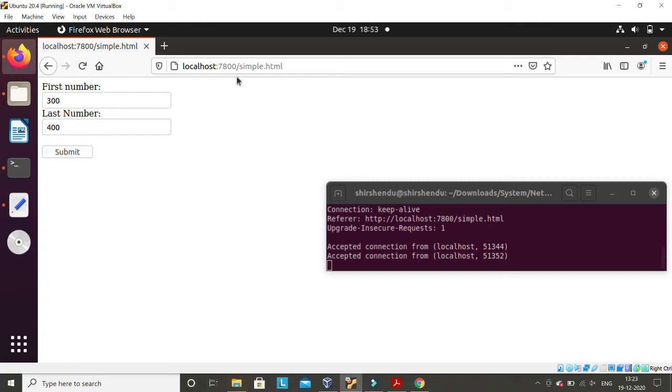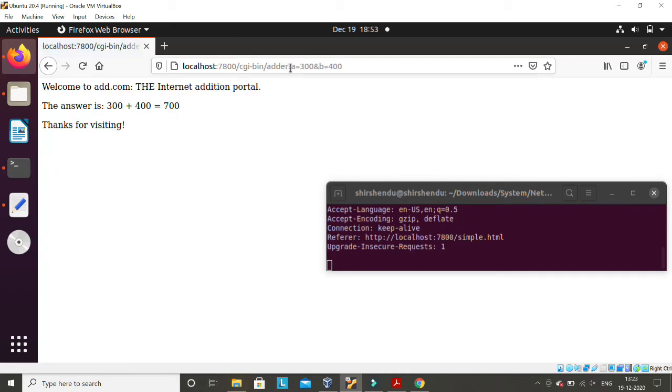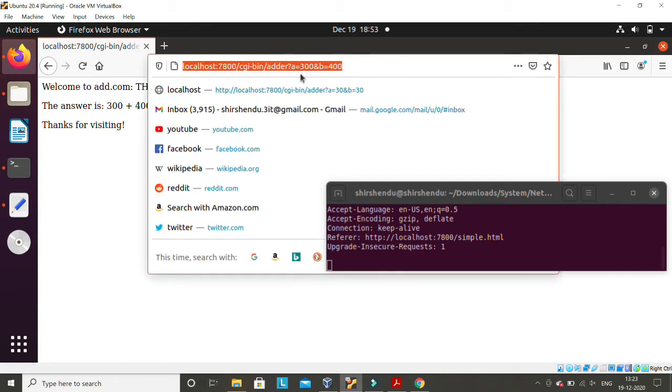GET form means all the values will be supplied through this URL. You can see CGI bin header, then all these parameters are separated from this URI, I think, by the question mark, and after this each parameter is separated by the ampersand symbol. The first parameter is A equal to 300 and B equal to 400.